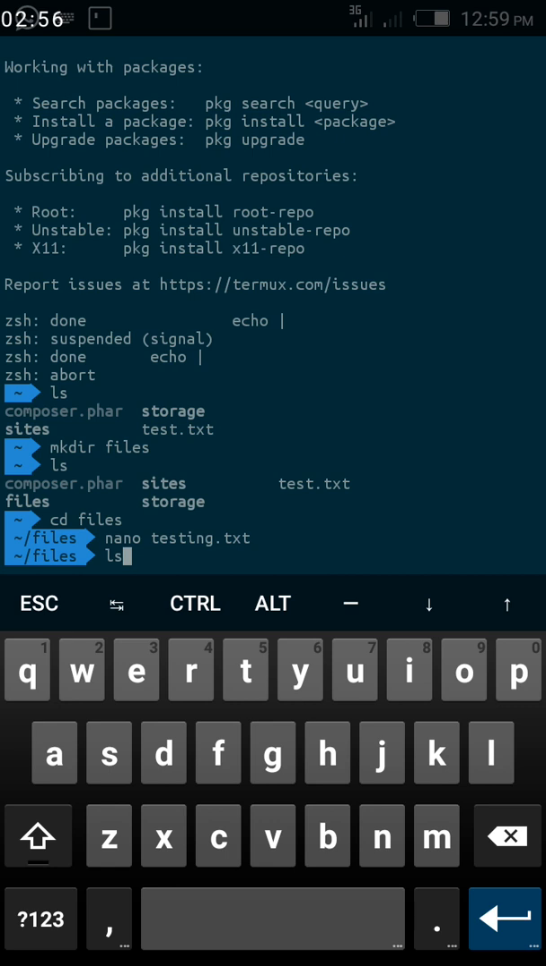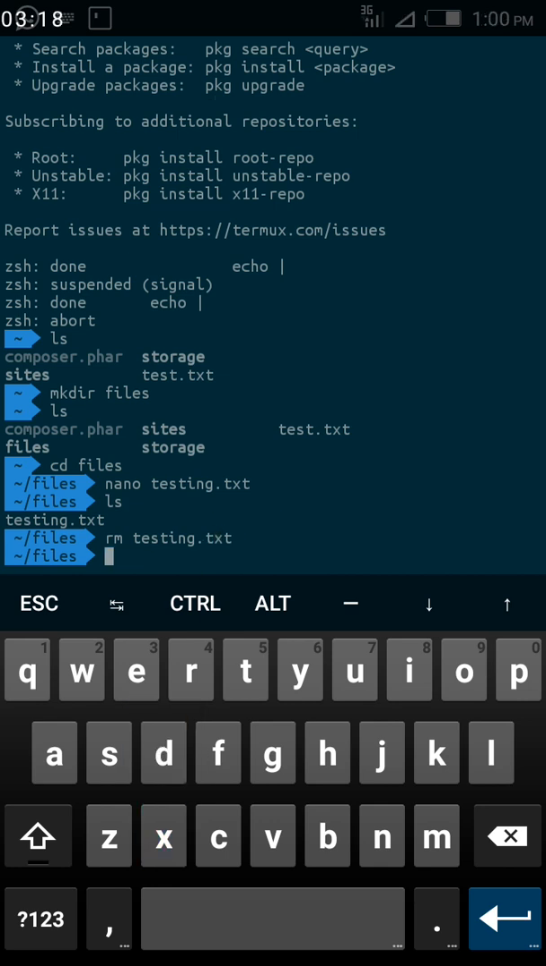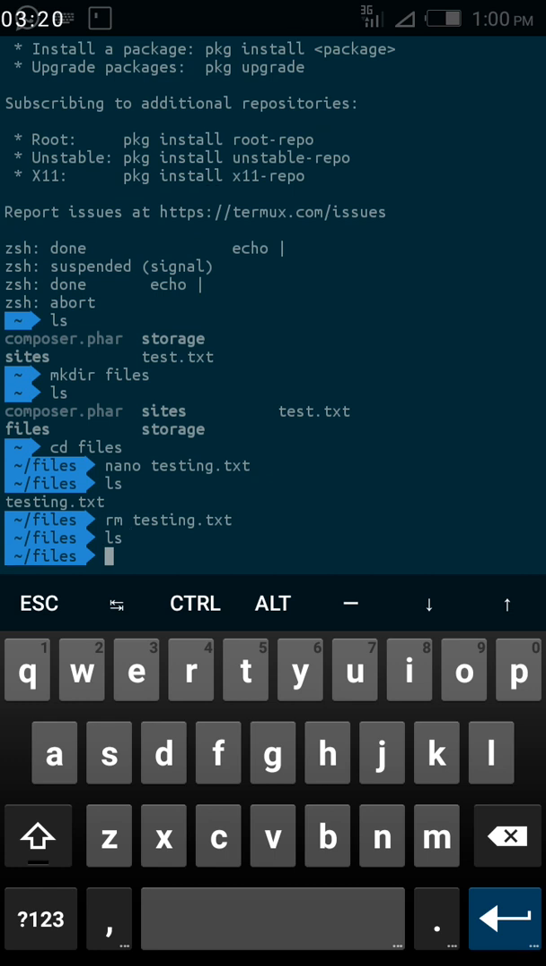So when you now check the content of the files folder, you see a file called testing.txt. To remove the file, you do remove testing.txt to remove the file from the system. So when you do your ls again, you have an empty folder because you just deleted the file that you